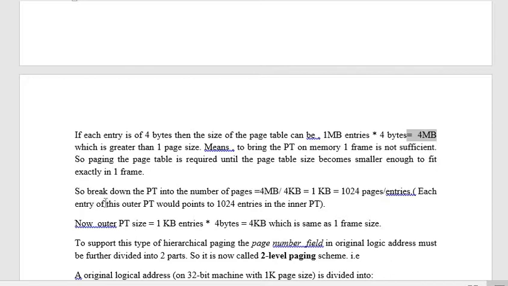We'll see that. Now, what is the solution? We need to break down the PT into a number of pages. So again, this page table of size 4 MB has to be divided into pages. That is what paging of the page table is. The 4 MB page table is going to be divided into a page size of 4 kilobytes, so that the page table itself can create 1 K, or you can say 1024, pages, or so many entries can be generated when you divide such a larger table into smaller tables.